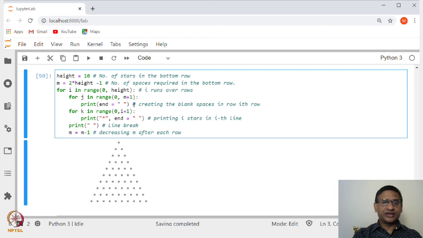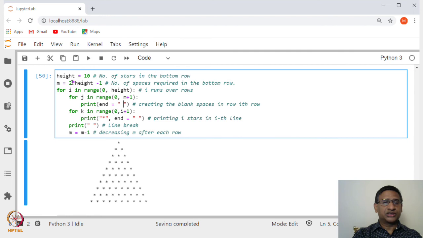And this is the loop which will print the extra spaces. So, for example, in the first row you have so many extra spaces, and those extra spaces range between 0 to m plus 1, where m is 2 times height minus 1. So, for example, if I start with j equal to 0, then that is the first row, and the number of empty spaces it should print first is going to be 19.